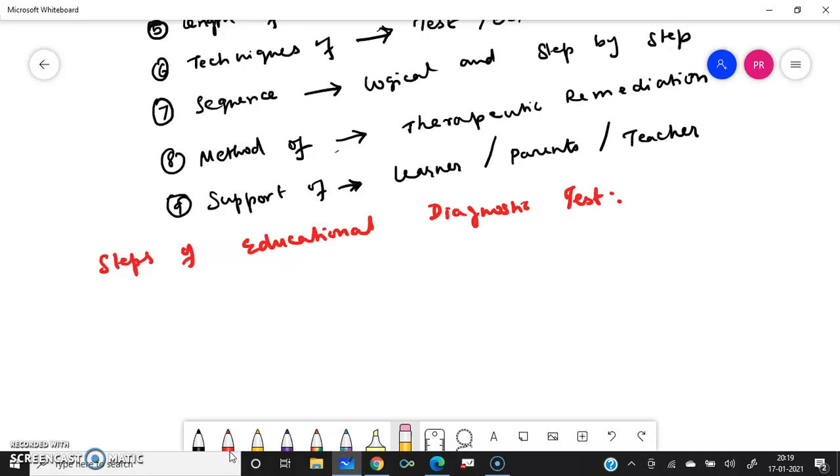Next is analysis of students' assignment and test performance, that is what I told you. Analysis of cumulative and anecdotal records. This is very important. Cumulative means 4 or 5 tests together, how the student is performing. So cumulatively you are saying. Anecdotal records means a student who behaves in a particular way at a particular time, right? Normally the student is fine, but at a particular time he may be acting differently.